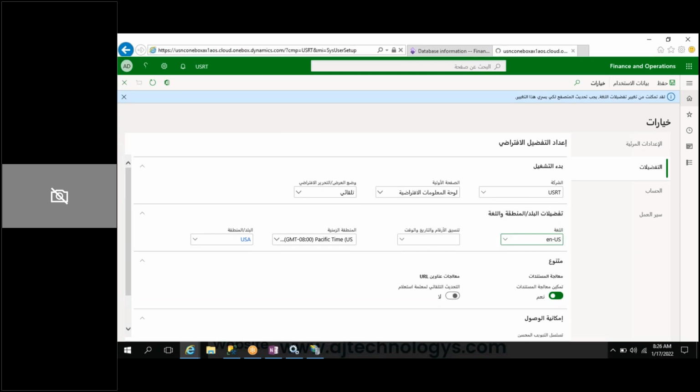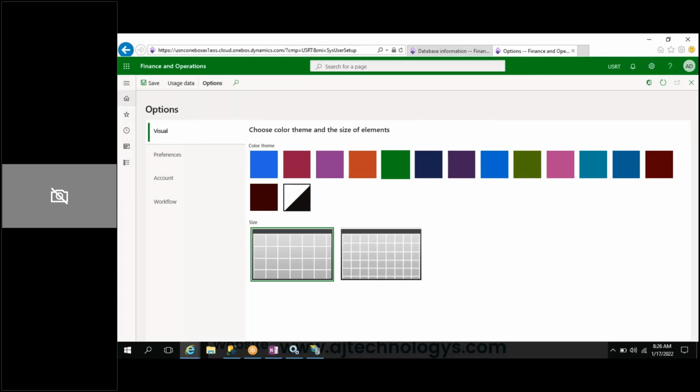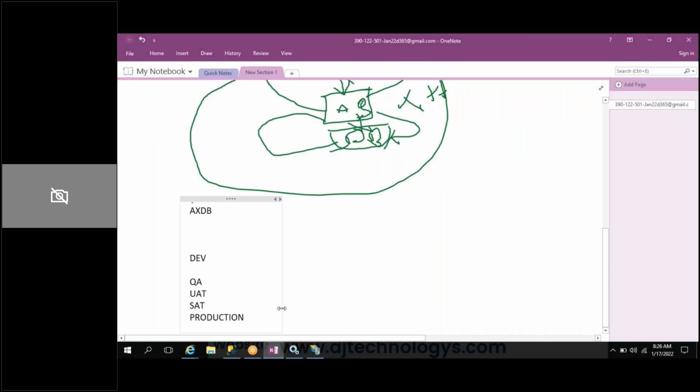So many languages are there, but sometimes we create our own menu items. Those menu items will not convert into Arabic, Chinese, or any other language. We need to create labels.